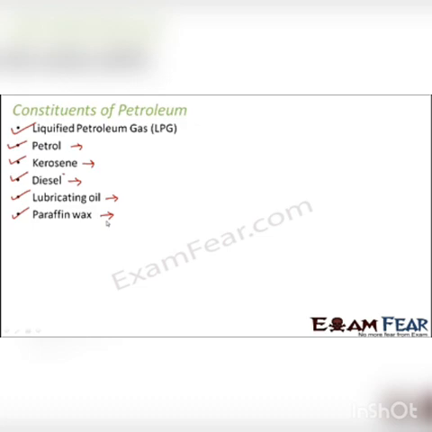So that means different components can be used in different ways, but petroleum or the crude oil as such is not of much use to us. Therefore, this process of refining of petroleum is extremely important. Okay, so last but not the least, bitumen. It is extremely useful for construction of roads.